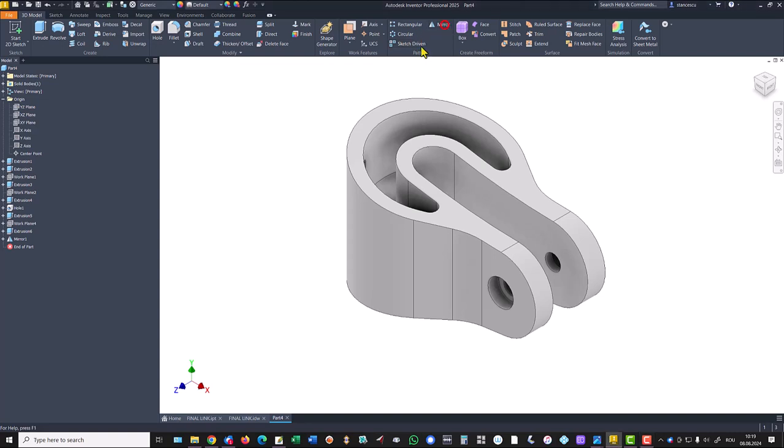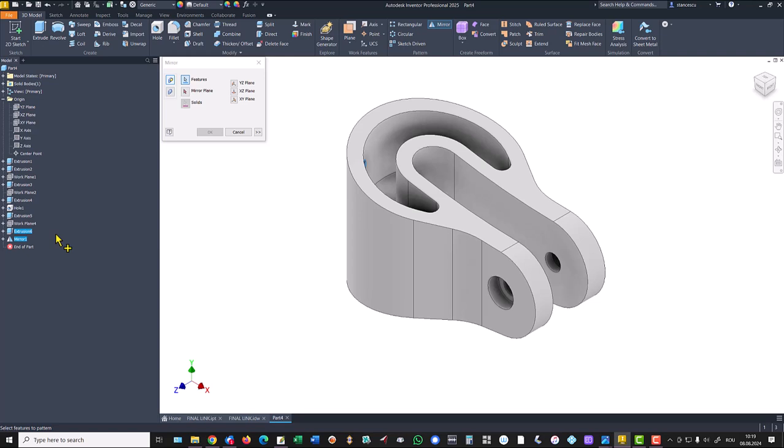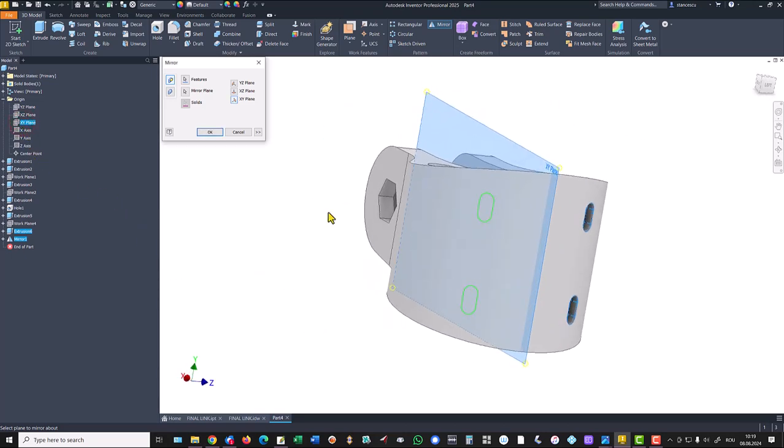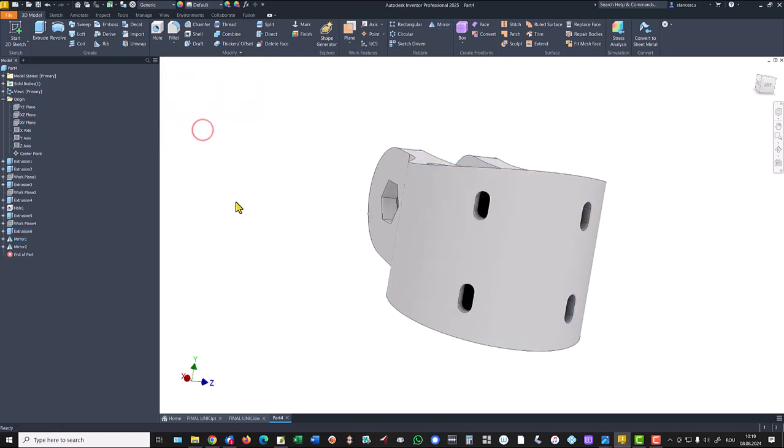We apply another mirror of this last feature, which includes the other feature about the plane XY. You see here what happens. Okay,